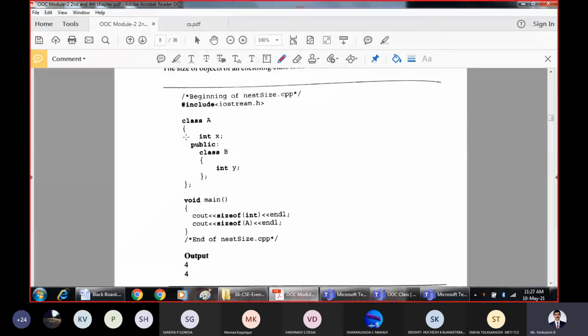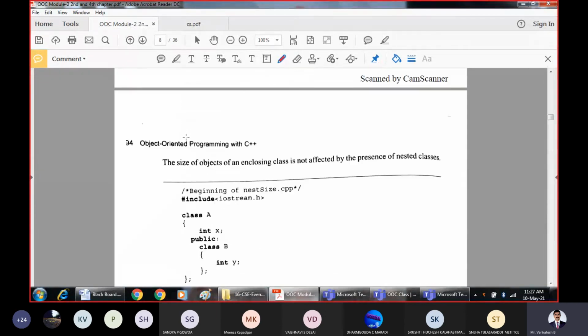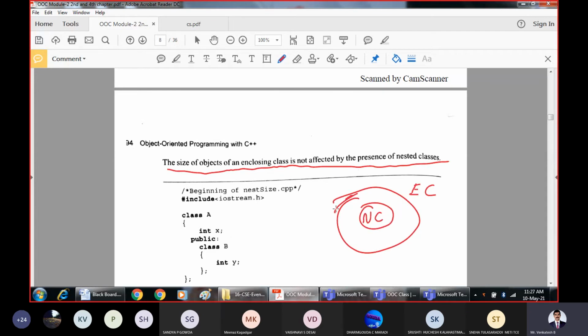Now, let us see one example. The size of the enclosing class is not affected by the presence of the nested class. That means outer class is the enclosing class, inner class is the nested class.